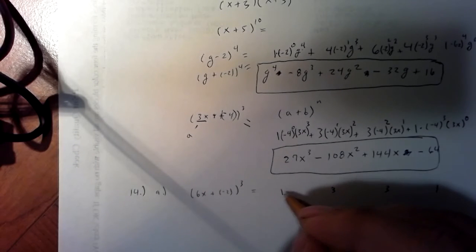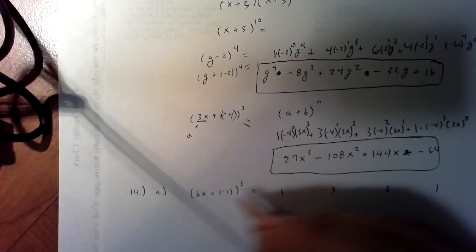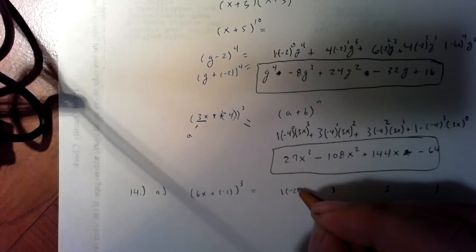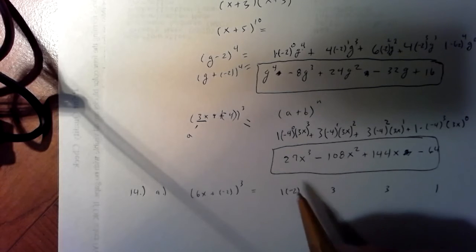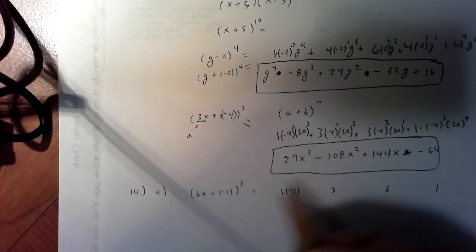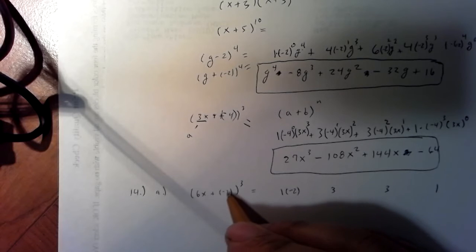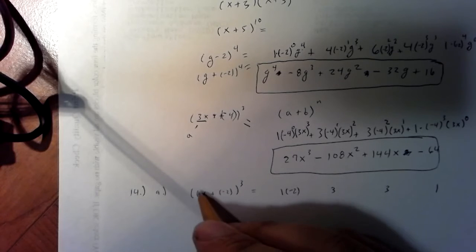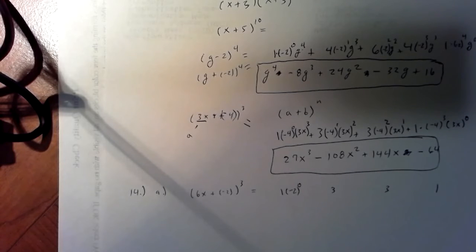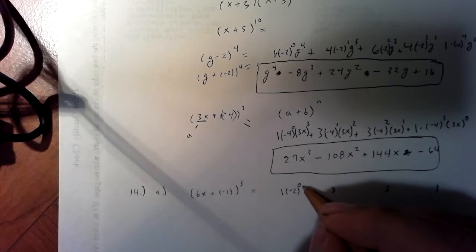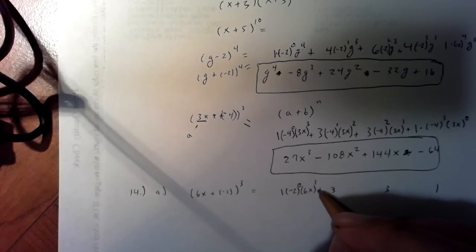So the first one is going to be, I'm going to put the second one in front. Like I said, you don't have to. The teacher might not even do that. I'm just doing it because the x is in the back, so it just looks nicer, right? So just always remember that this one starts with 0. This one starts with whatever the number is here for the exponents, right? So that's 0. And then we have 6x, so multiplied by 6x to the power of 3,